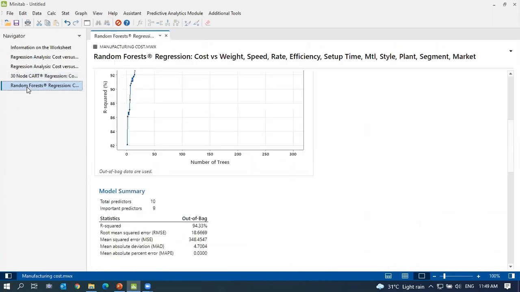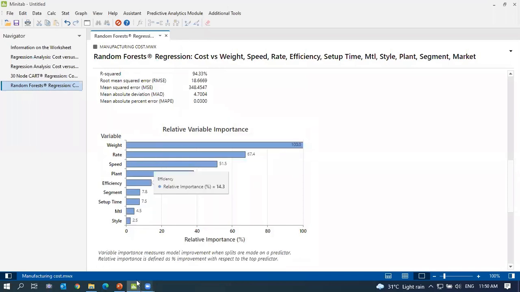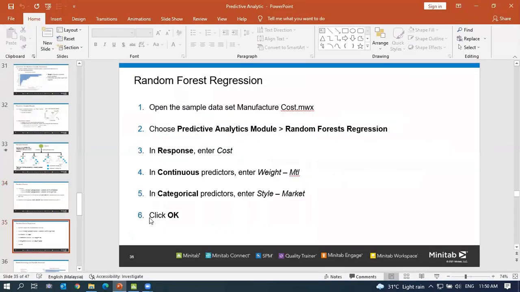In the random forest, you cannot see the tree because the random forest is a combination of the trees. Okay, it's a combination of the trees. So you can rely on the R squared. You can get the important variables here. Okay, so the next thing is the